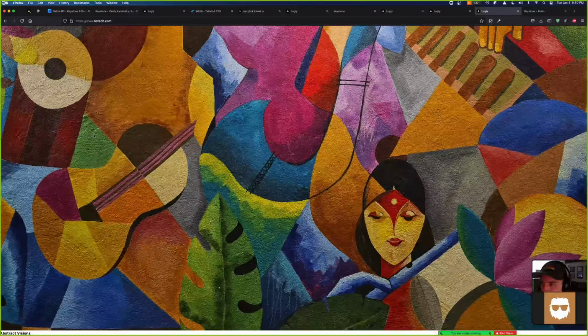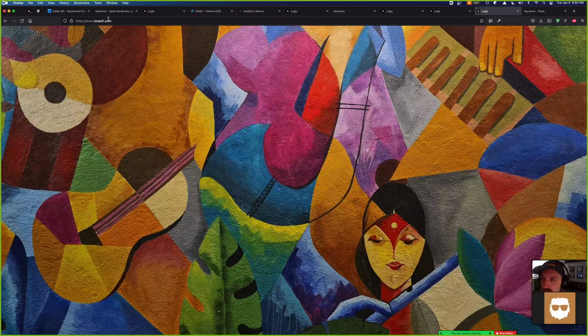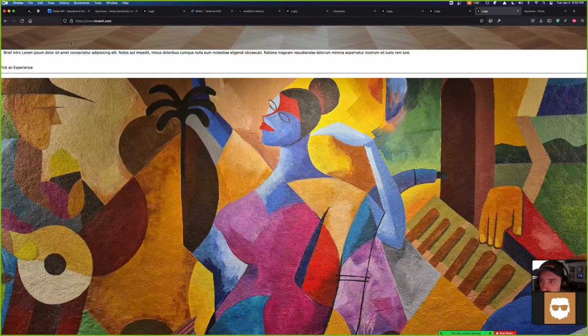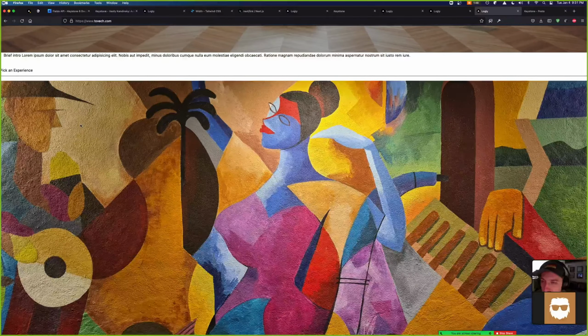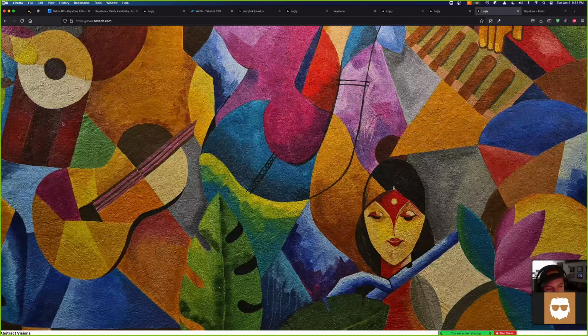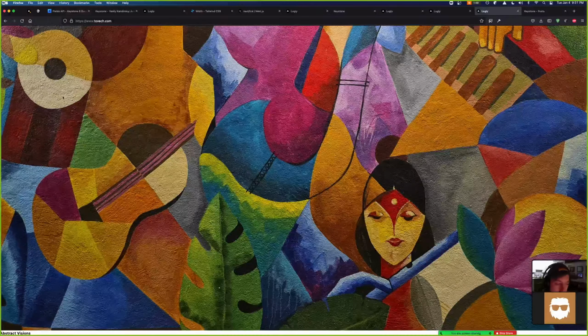But what I was trying to say is that anytime someone publishes a post under admin.tovek.com, tovek.com, which is hosted on Vercel, picks up the changes to GraphQL without a rebuild. Yes, yes. Oh, like the new post slug.